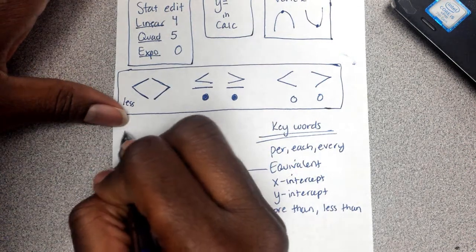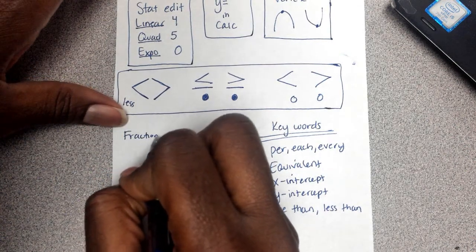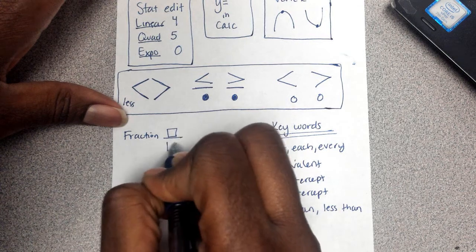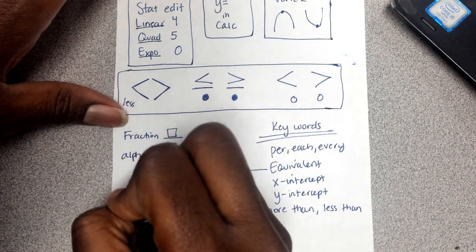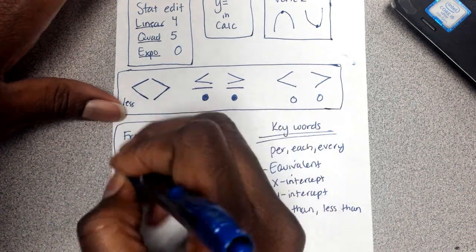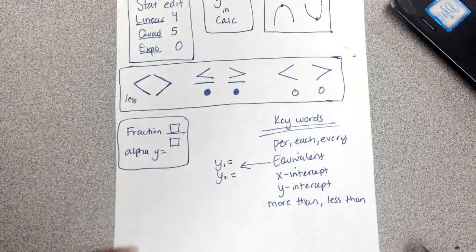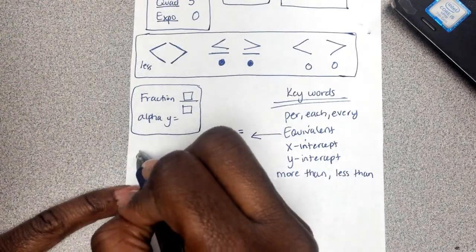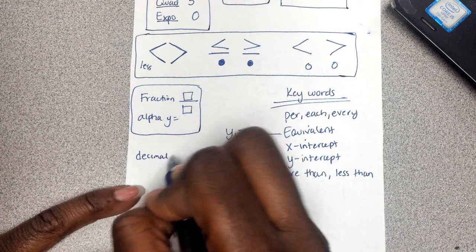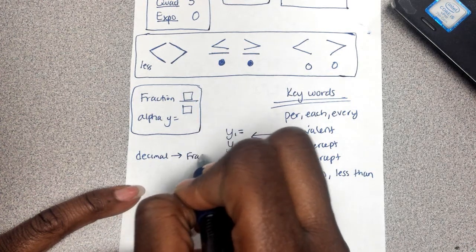How do you put the fraction, you know, the perfect little fraction? Alpha y equals. If you need to change a decimal to a fraction,